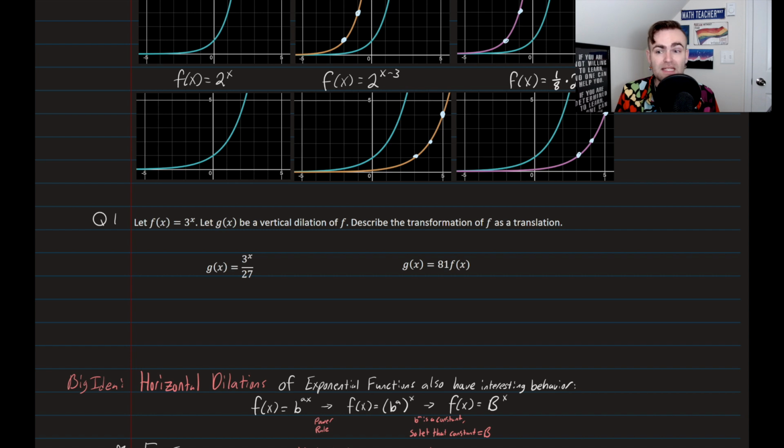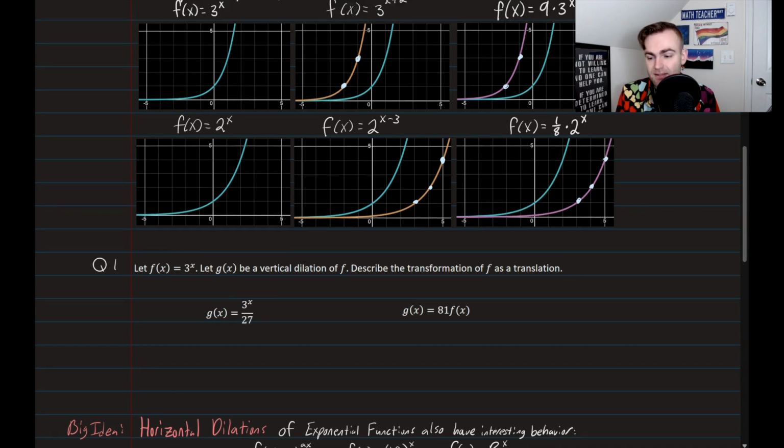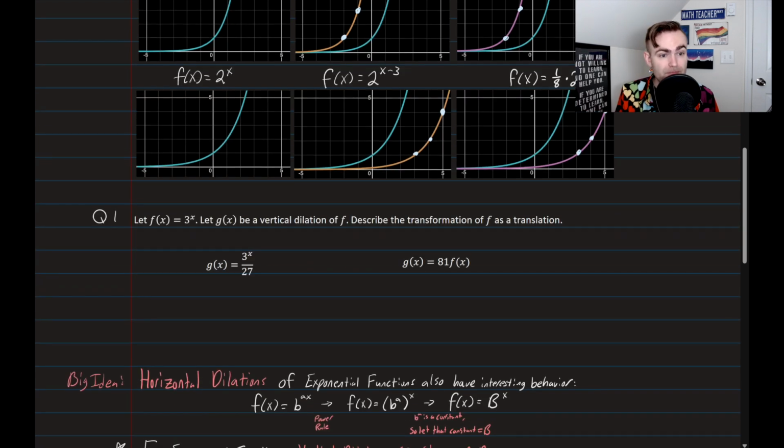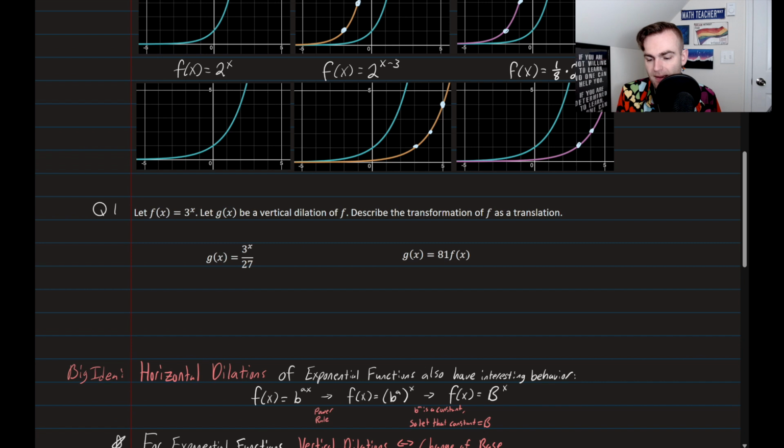So what we need to do is modify this so it looks, instead of like the rightmost column here, like the middle. So we're going to use properties of exponents to do so. I know that 3 to the power of 2 is 9, 3 to the power of 3 is 27. So that's good. It's in the denominator, so we can rewrite this as g of x is equal to 3 to the negative 3 power times 3 to the power of x,